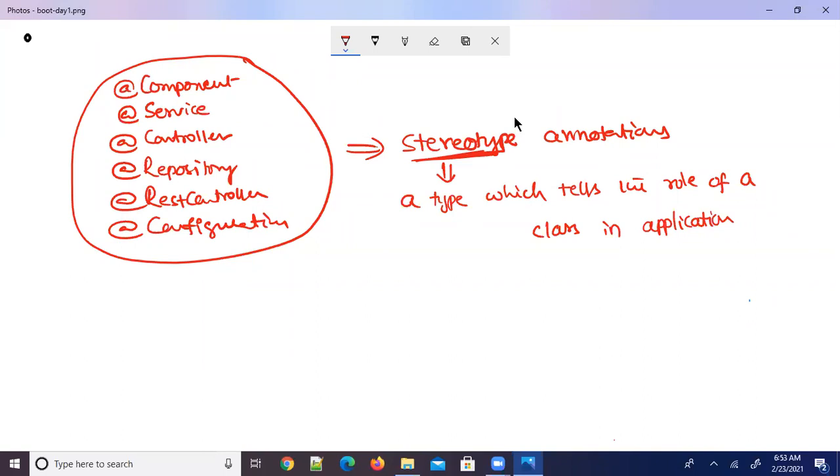For example, when you create an application, you find so many classes within a Spring application. But if you find any class with the @Service annotation, this annotation is telling that the class belongs to the service layer or business layer.